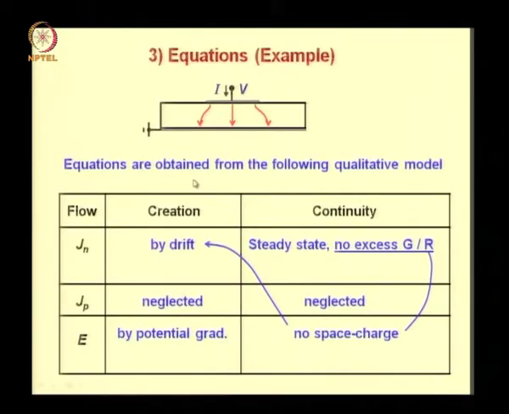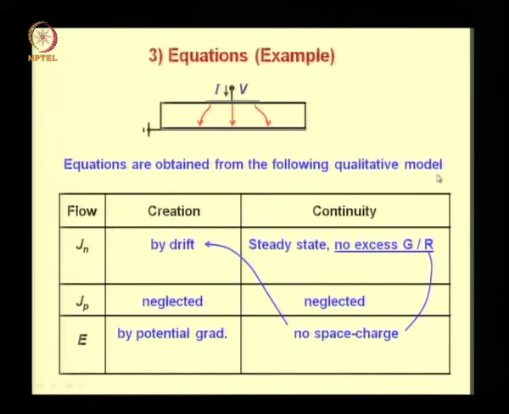So the equations for spreading resistance follow from the qualitative model, which is repeated here. This was the table that we had given in the qualitative model for the spreading resistance. Now each of these descriptions in these cells of the table will be replaced by a corresponding equation. So the arrows here indicate the following: